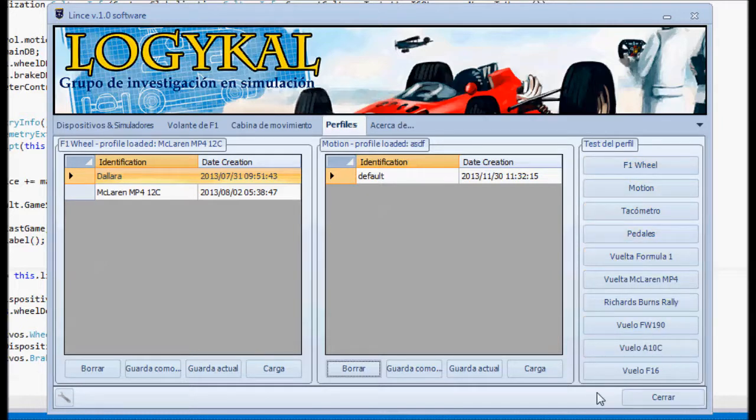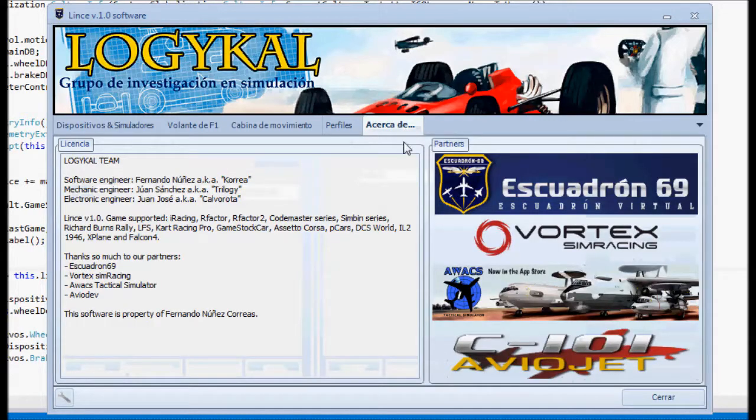There is also a series of buttons here on the right to test the profiles quickly and easily, so that we do not need to access the simulators to check that everything works correctly in, for example, a lap around Spa, or it could be a flight with the IL-2 or with the Black Shark, for example. Clicking on these buttons will operate the steering wheel and the motion cockpit accordingly, so we do not need to get into the simulators. Finally, there's the About window that shows basic information about the license, about who we are,